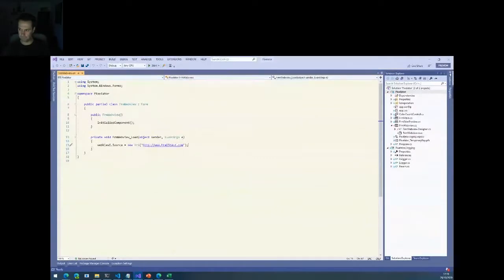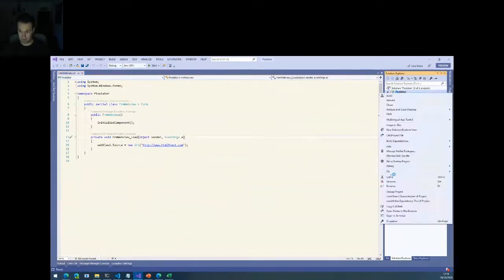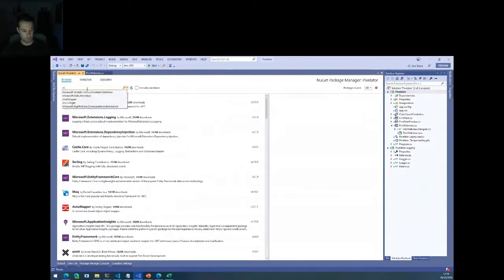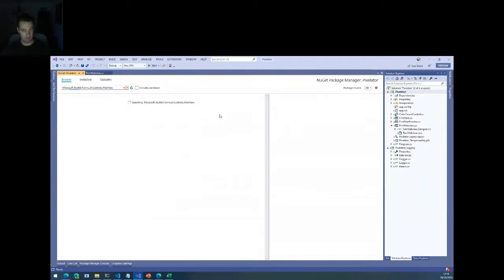Now the next thing I need to do is reinstall the NuGet package for the Webview Control, but it actually won't work anymore since I'm running on .NET 5. And the current version of the Webview Control, why does it still say that it succeeded? Nothing there. So the current version of the Webview Control is not compatible with .NET 5. It does install.